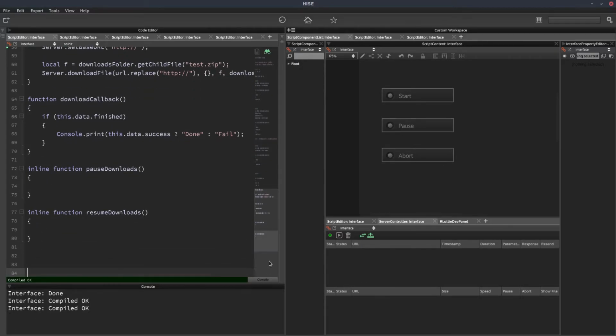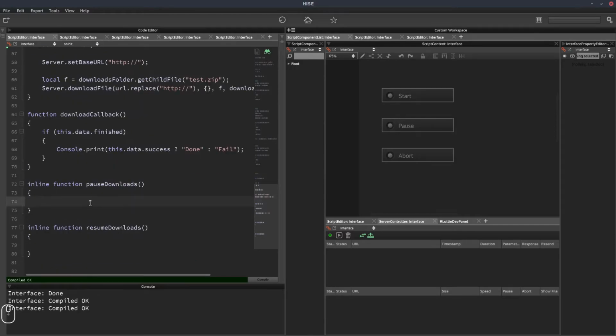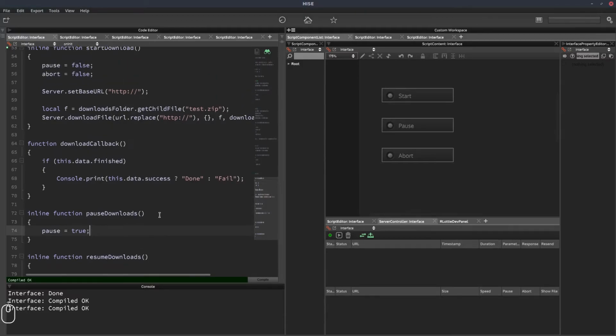Okay, so let's start with pausing a download. When we pause a download, we want to set our pause variable, the one that we've got up here, to true. We'll say pause equals true. And then in our download callback, we can check if pause is true, and if it is, we can pause